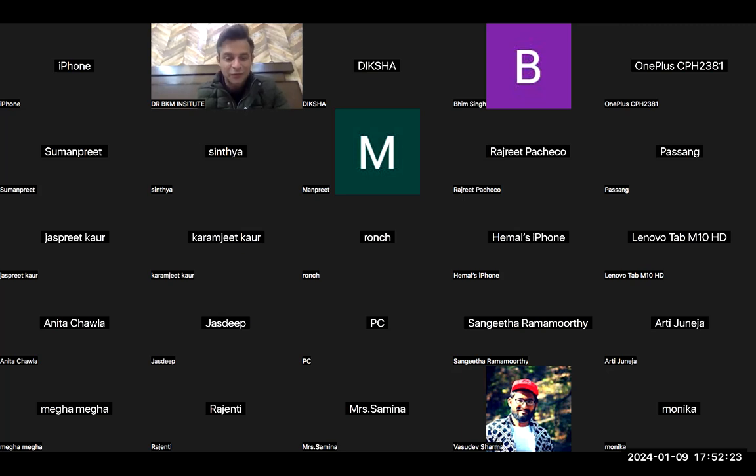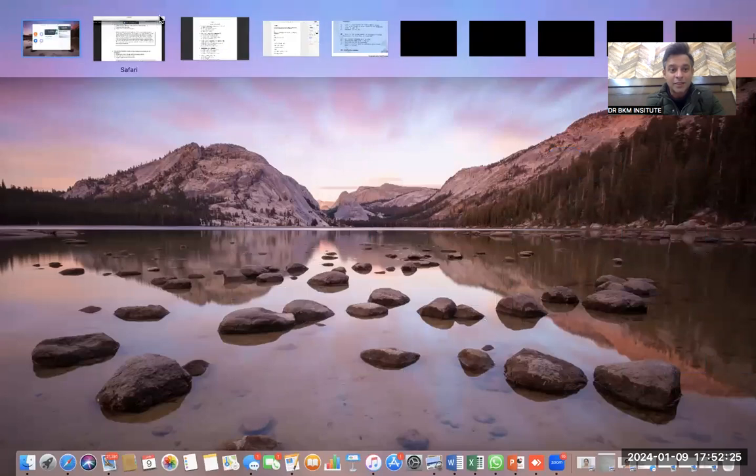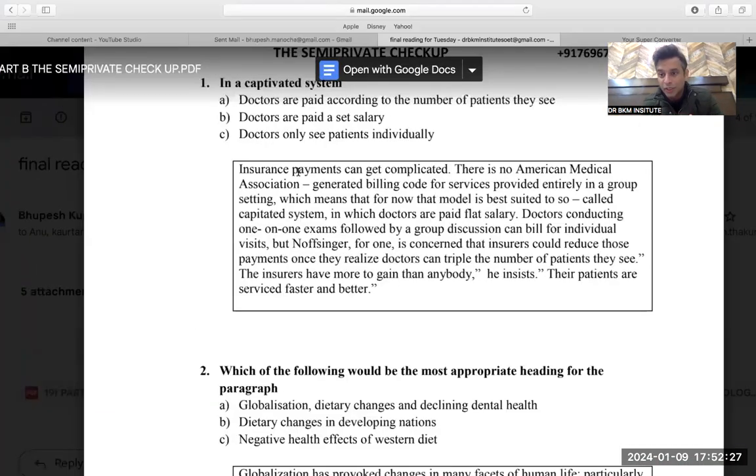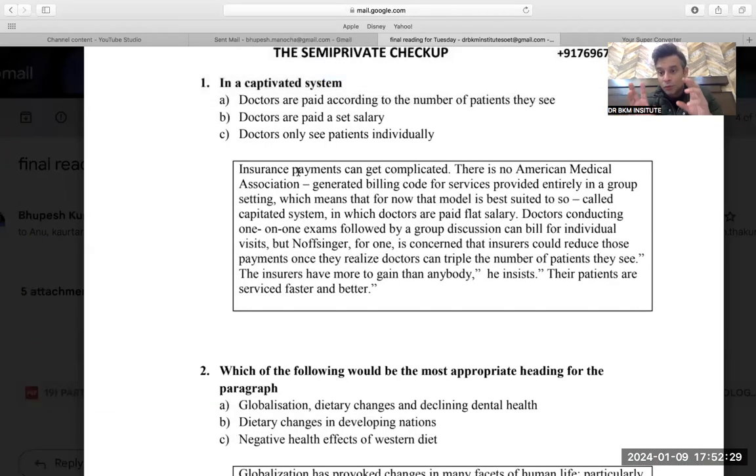So here are a few tips on reading again. The major tip that I was giving to you all is that the person who is doing all the 7 questions in Part A would be in trouble. Two questions would definitely be difficult in Part A out of the first 7 questions. In Part A, first 7 questions, you just have to write A, B, C, and D. But still, there would be 2 questions which would be difficult to find.